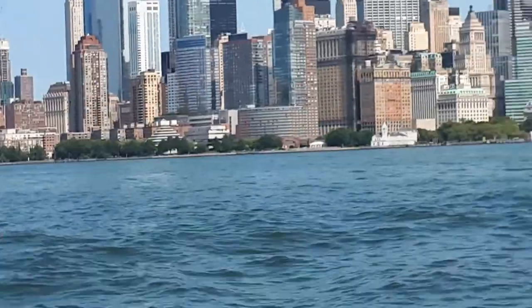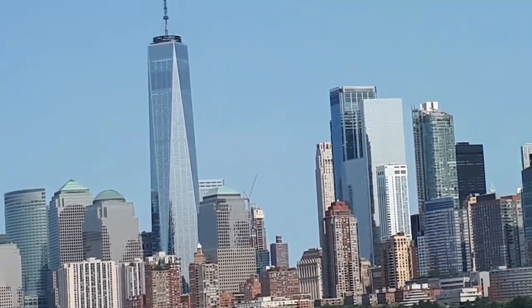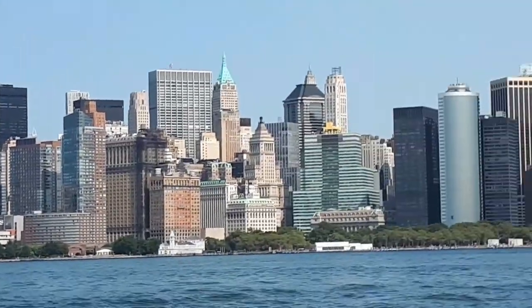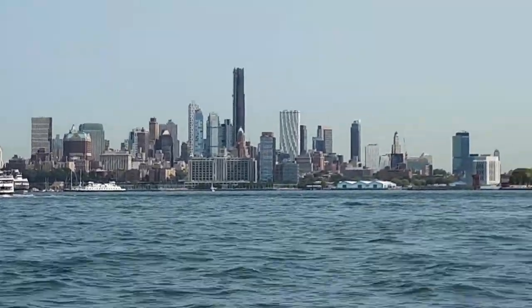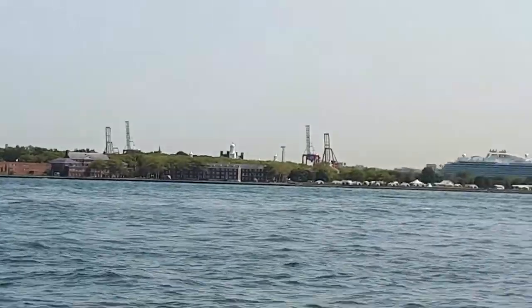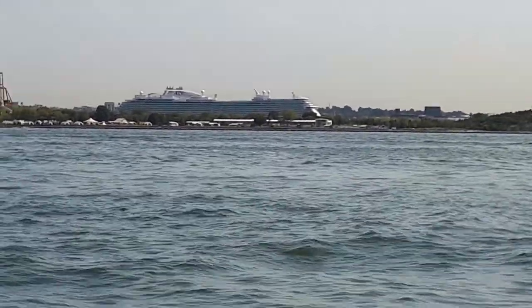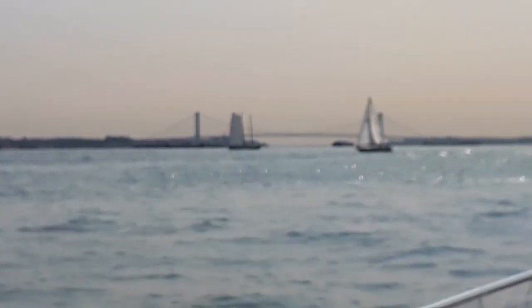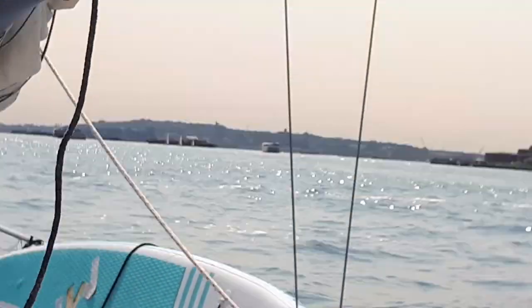So there's the south end of Manhattan Island. You can see the Twin Tower Memorial Building. And then over here is Brooklyn. That's where a lot of industry and stuff like that. I guess you can see another cruise liner sitting behind that bit, whatever that bit is. I think that's the Verrazano Narrows Bridge down there. Now we're coming up to the Statue of Liberty,